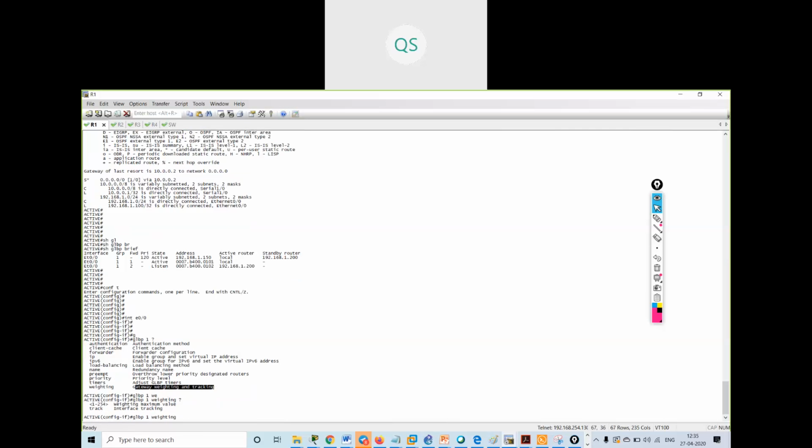Now see, either I can use the maximum weighting value, or I can create a track object. So I will go and say glbp 1 weighting 100. This is to change the weighting.